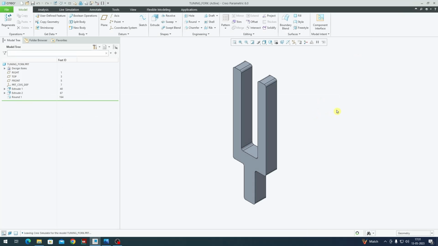Hey everyone, in this video, we are going to perform modal analysis on this simple tuning fork. For those of you who don't know, a tuning fork is a simple instrument that is used to demonstrate how a vibrating body can produce sound in physics laboratories. So in this video, we can look at what the natural frequencies are at different modes for this tuning